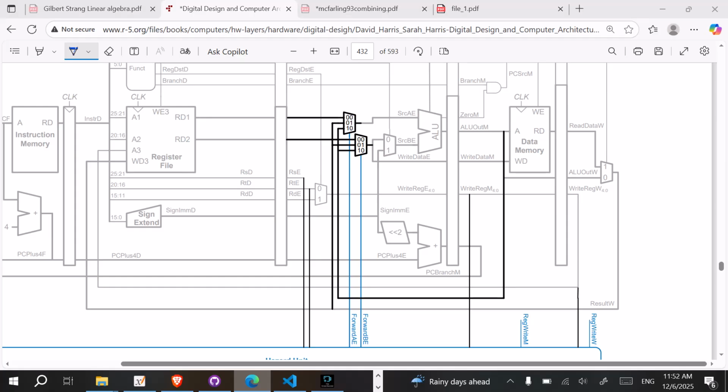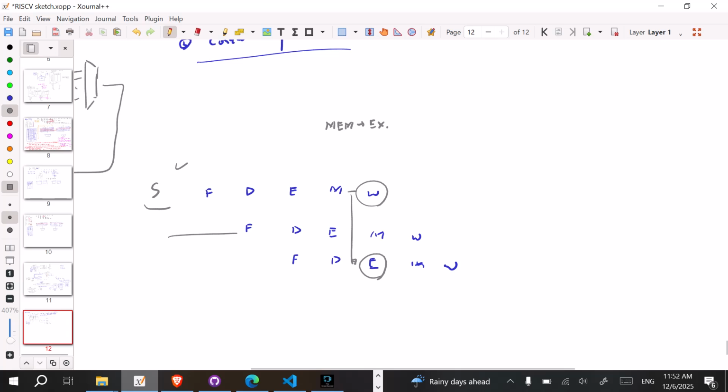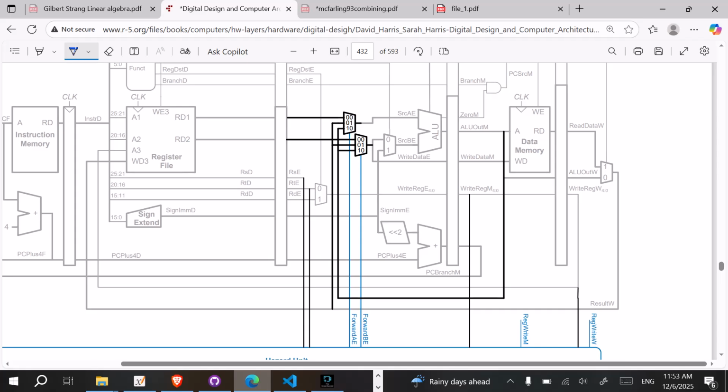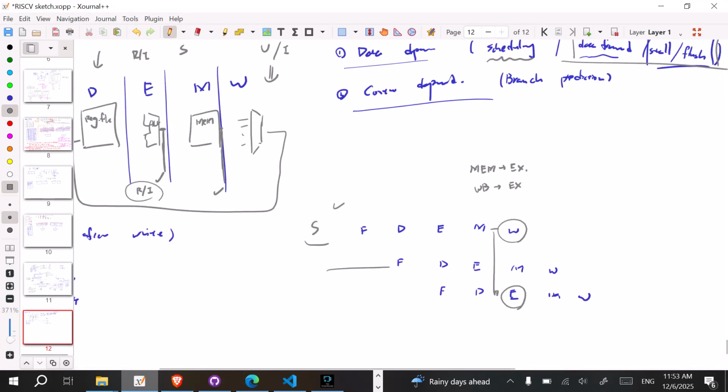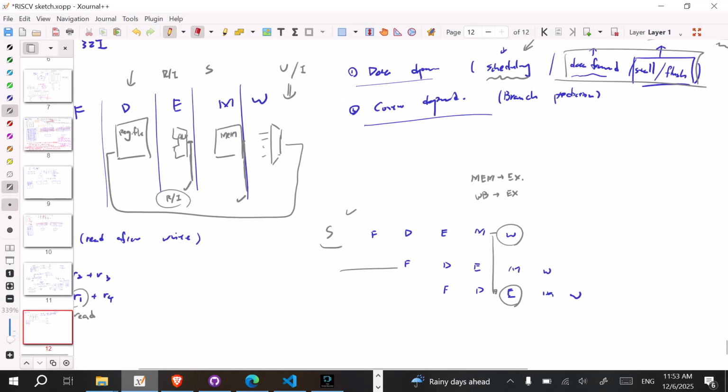This is really interesting. But anyway, there is another pathway between WB to EX. As you can see, this is actually happening between here. One of them is fetched from the write back stage, and the other one is fetched by the memory stage. Yeah, that's pretty much it. So I guess you still need a bubble around here. Then what about the write back? The rest. If you have a write back, which is the U-type and I-type at the write back stage, then you pretty much only have the ready